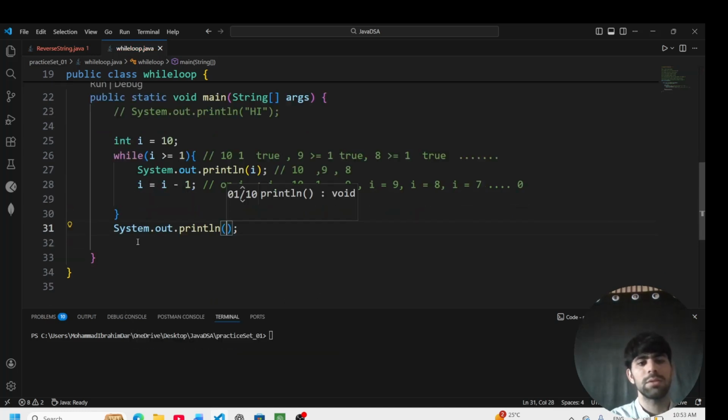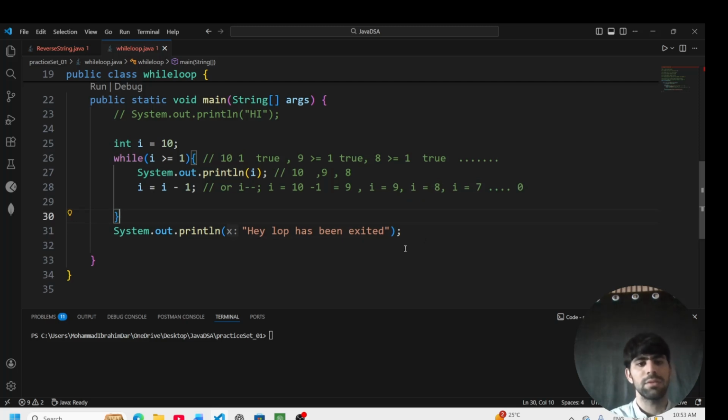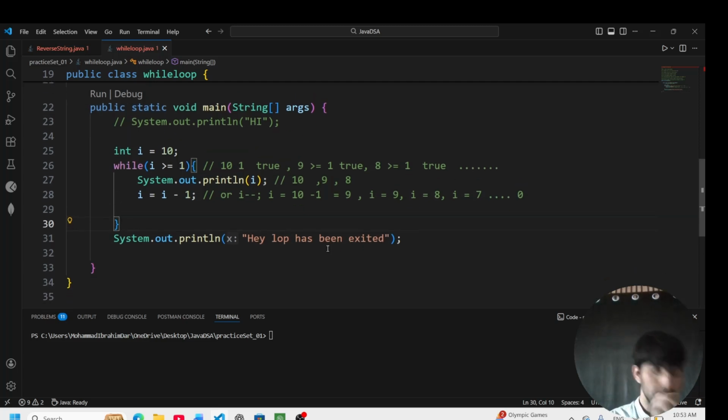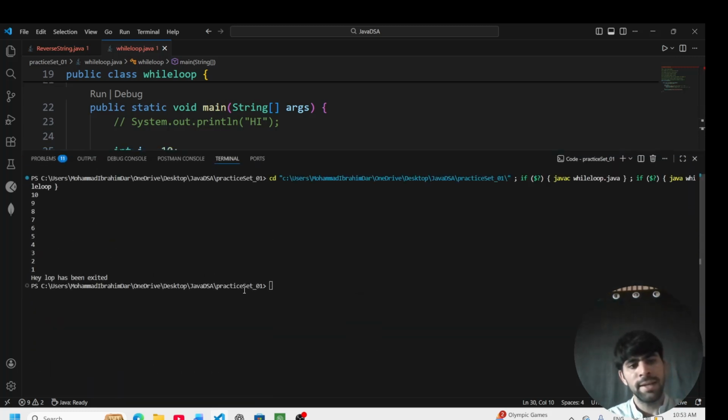And I want something like, hey, loop has been exited. This is what I want after the loop. Let us see whether this will print this statement or not, and whether this will print the numbers from 10 to 1 or not. Everything is perfect. Okay, run this program. As you can see, 10 9 8 7 6 5 4 3 2 1, and after the 1